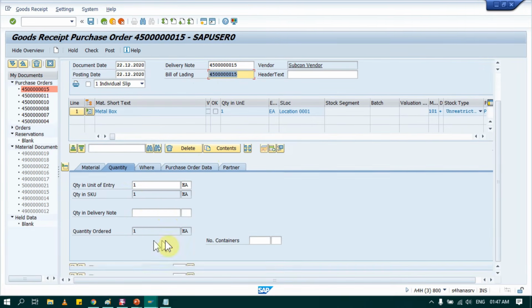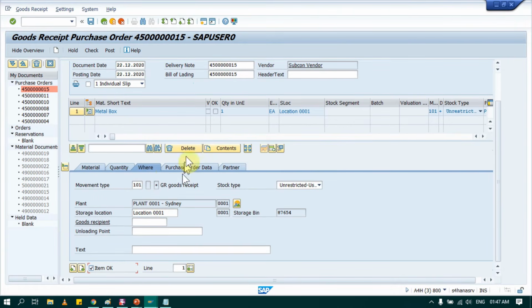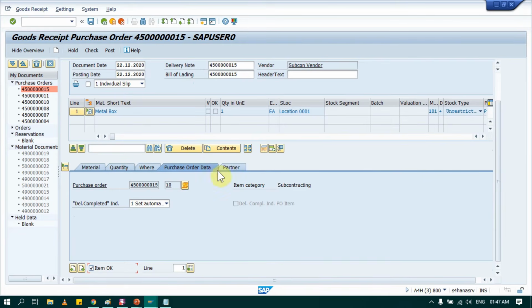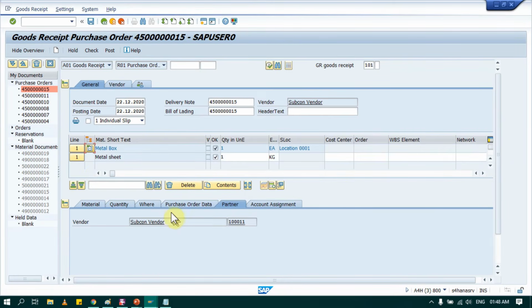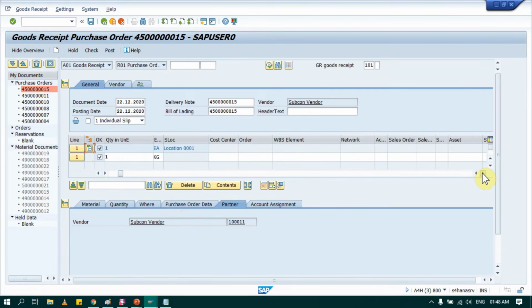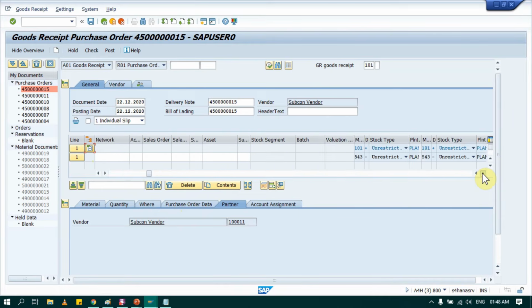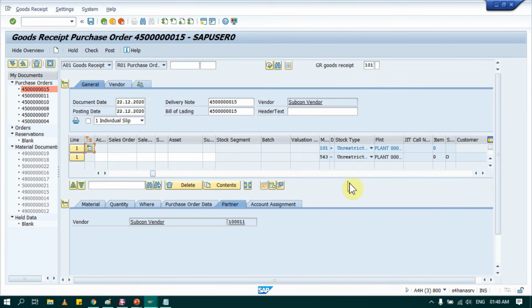Then how much quantity we are going to perform GR for, that is one quantity item. Where we are going to receive for this plant, the storage location, this is the purchase order, and this is the vendor. Note one important thing here, you will see a plus symbol. If you click on this, you can find its sub component, that is metal sheet. And if you go this side, you will find background movements as well. So what happened here,